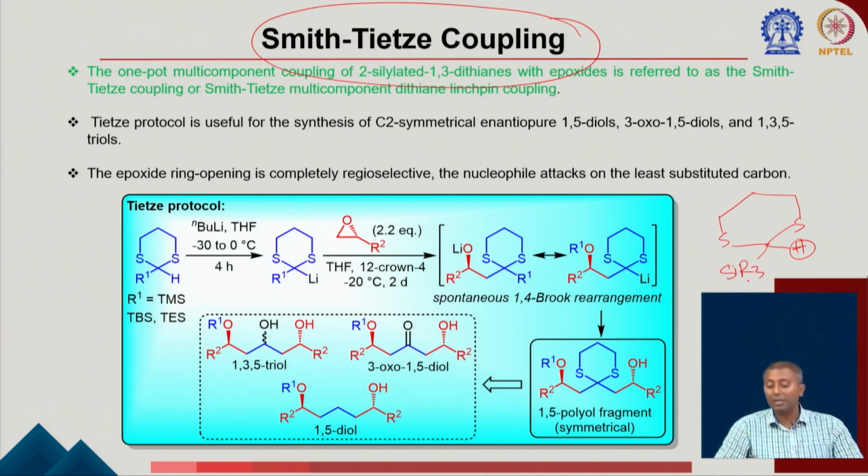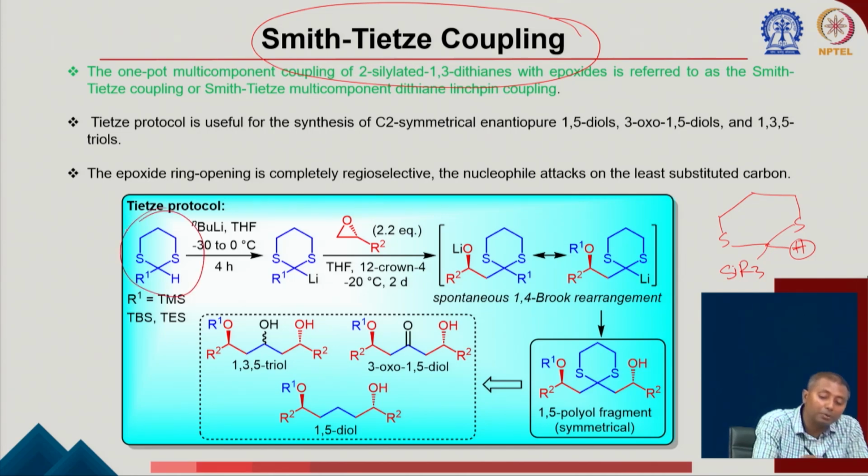So you can think about that you started with an acyl silane. So you take an acyl silane and then do a dithiane protection. As I mentioned, you first make the dithiane protection, and then once you have that compound, now you can use it for this reaction. There is another option: you can also start with this dithiane, generate a carbanion and then react with the TMS chloride, that can also comfortably generate this compound. So once you have the starting material, you treat with n-butyl lithium, that will be umpolung and generate